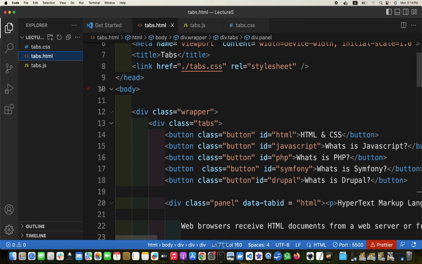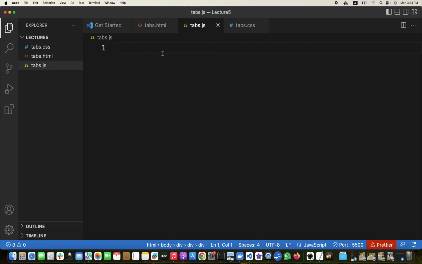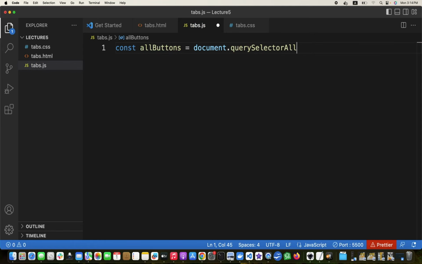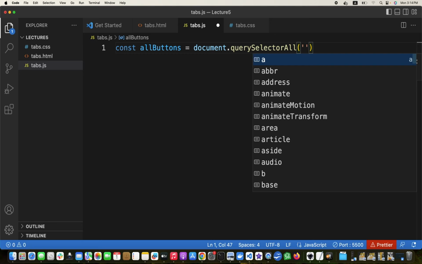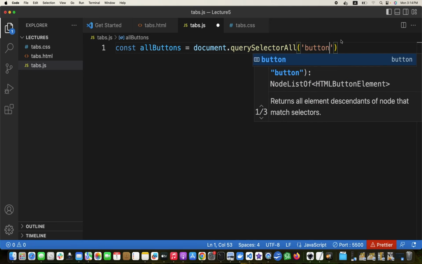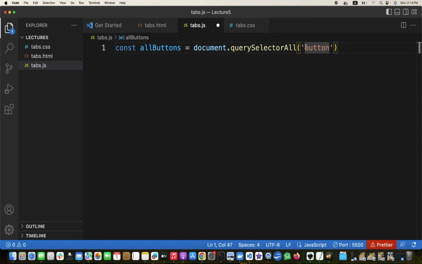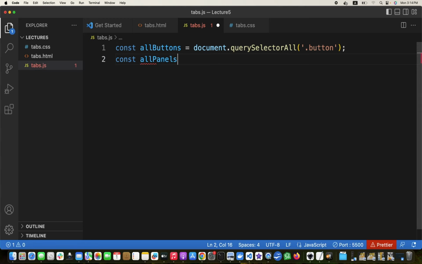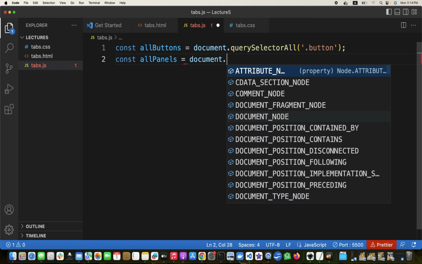So document dot const all buttons is equal to document dot query selector all, and we can target the button attribute also, because we don't have any other buttons, and even the class too, because we have given it the class of button as well. So all buttons is this, and all panels should be